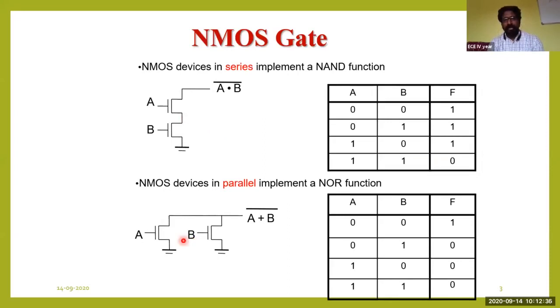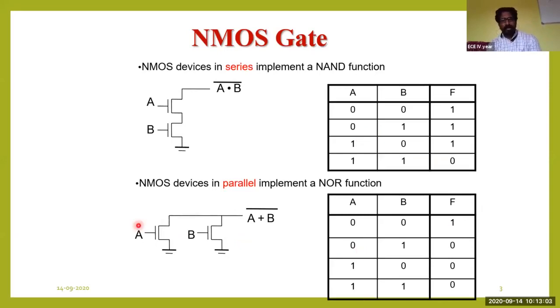So for the same operation, if you supply the logics over here for A and B, for 0 and 0, what happens? Both will be turned off. Because of the turned off nature, there is no connection between the source and drain. Your output is going to be 0, and ultimately it's a bar. For A bar, you'll get an output equal to 1. And the same thing happens; it's the reverse of these operations. 1, 2, 3 will act over here as 2, 3, and 4.